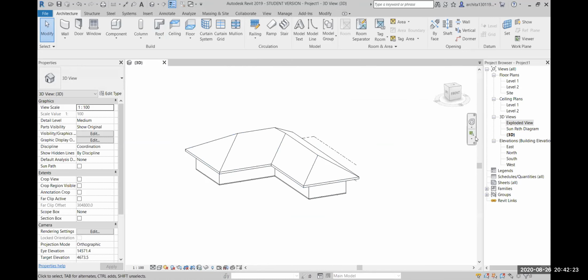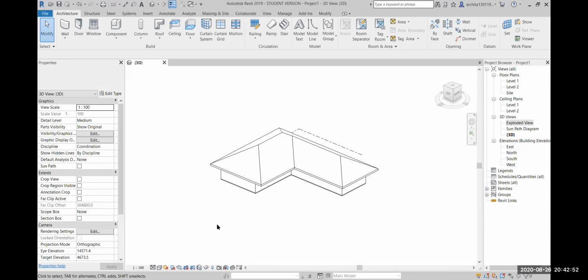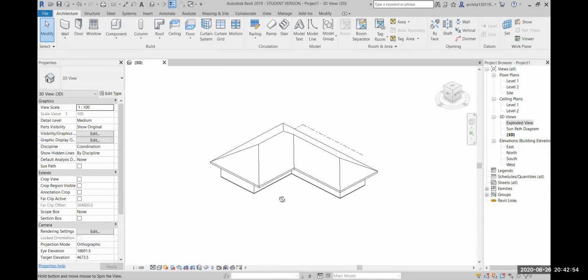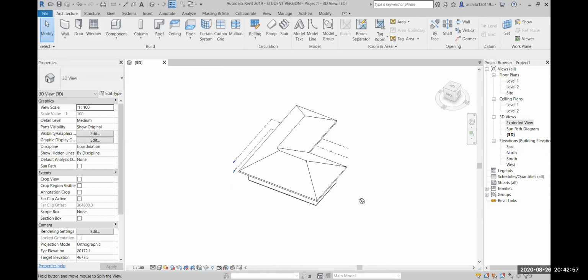All right. Now, this was the way how you can create whatever you're seeing in your screen, in your workspace, into a proper 3D view in your project browser, and how to create the exploded view as well. So we have learned these two important things for now. Now, another important thing is how to get the perspective views. So for that,